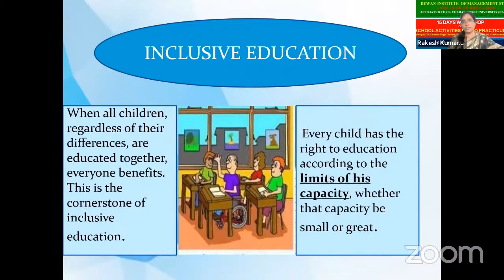Inclusive education is made from two words. The first one is inclusive and the second word is education. So what does inclusive mean? Inclusive means to include or to make one, which means शामिल करना. हम किसी को कोई भी चीज शामिल करते हैं, उसको हम क्या कहते हैं? Inclusive education. Education means the process of